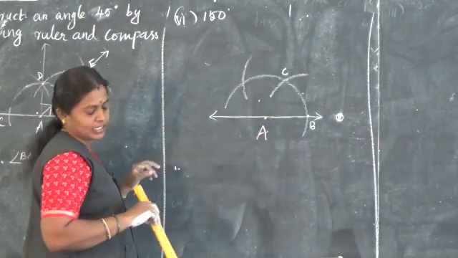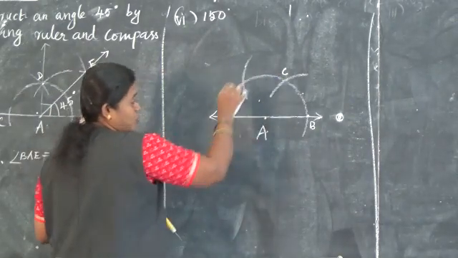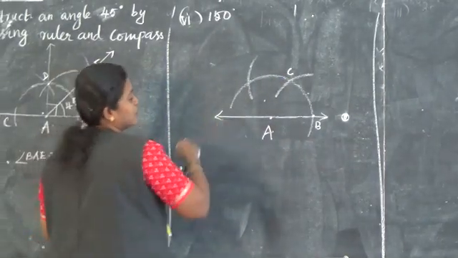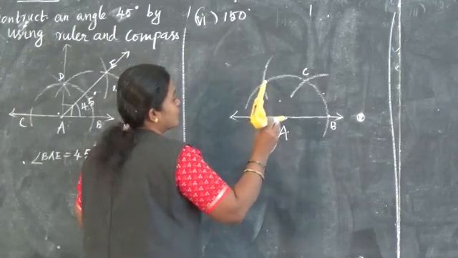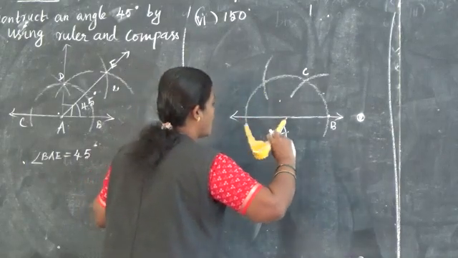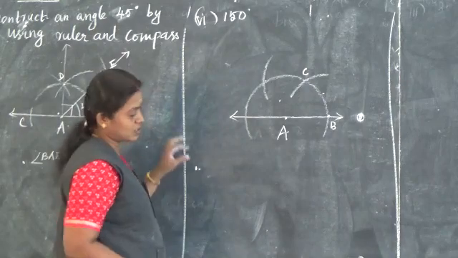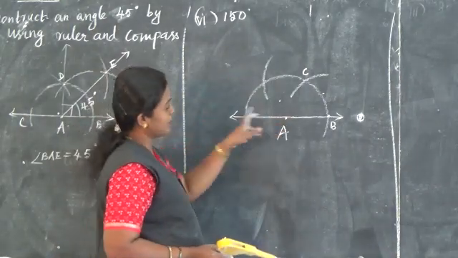How much angle are you getting now? This one 60, this one 120. This fully, better you draw first itself a full arc. First itself full arc. Once again I am explaining, dear.